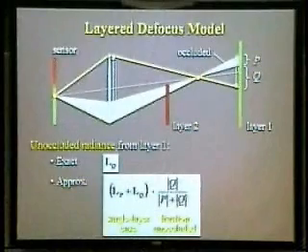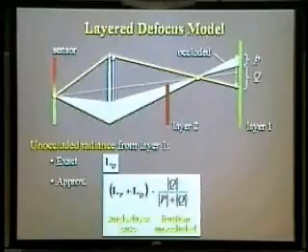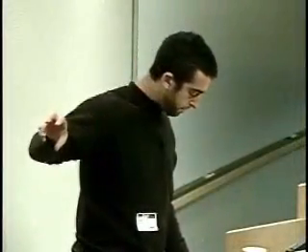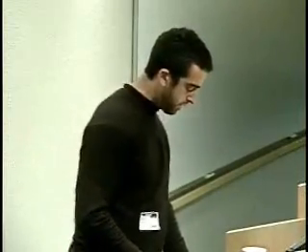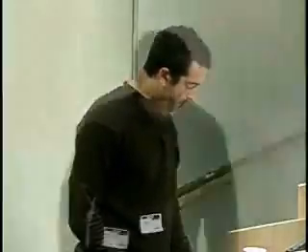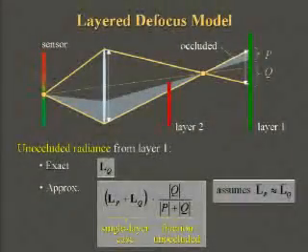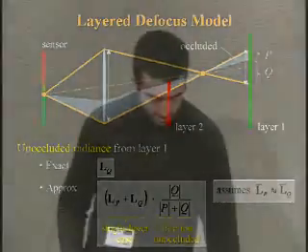The key idea here is to defocus each layer independently, but to weight each layer's contribution using the fraction of the cone that reaches it. The advantage is that both of these components can be computed very efficiently using standard image convolution, as in the single layer case. Now this approximation will be accurate when the mean radiance of the occluded and the unoccluded regions of the scene are similar. This is less likely to hold if the unoccluded fraction of the scene is large, but in this case the contribution of the occluded radiance will be relatively insignificant anyway. So this is a good approximation in practice.